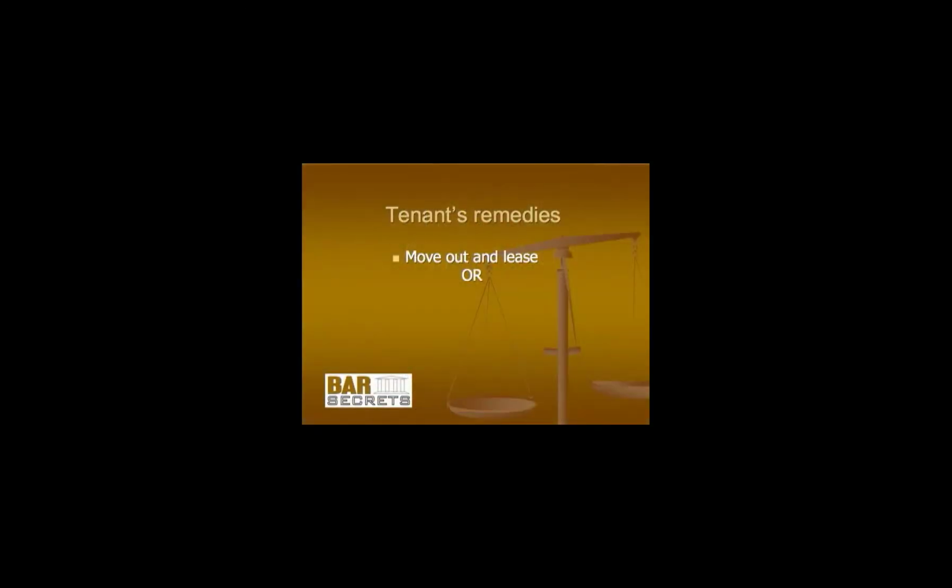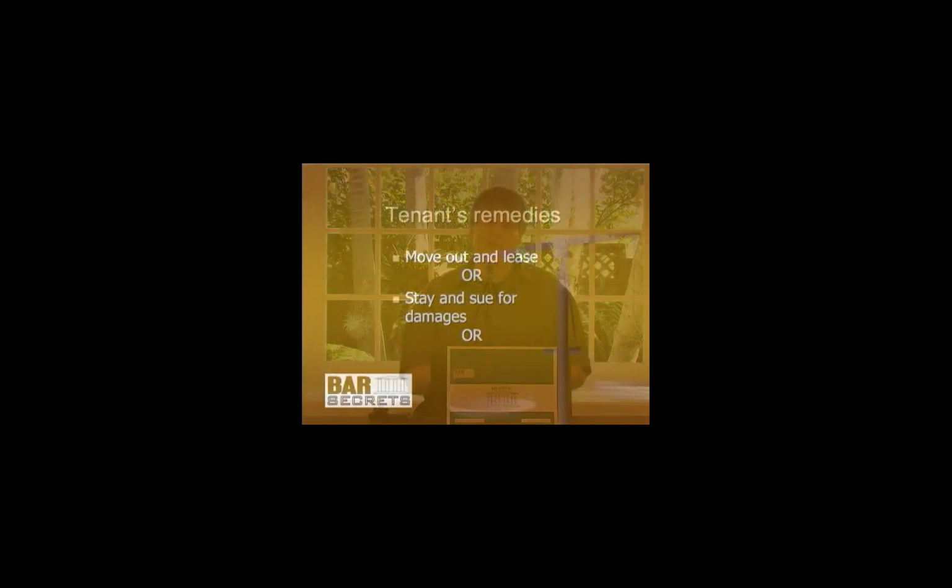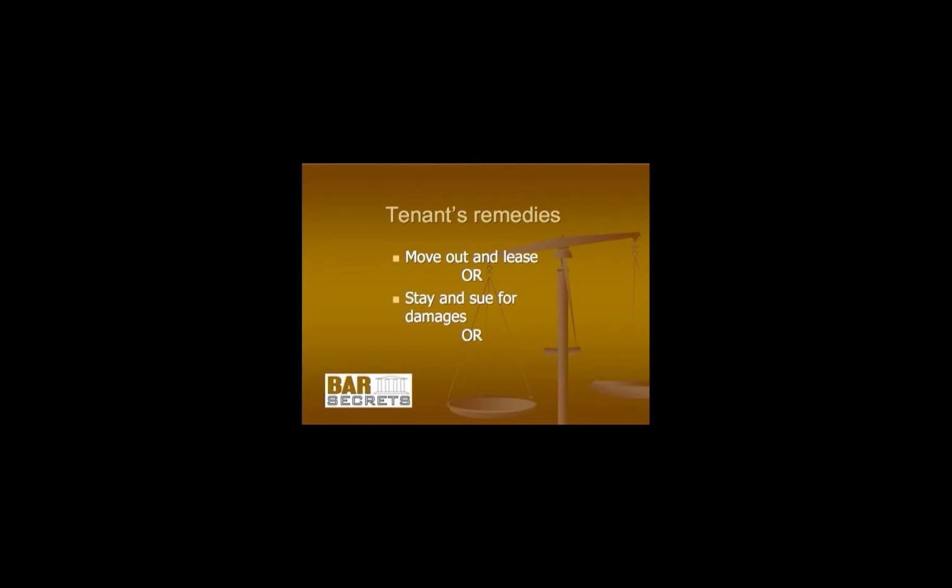Now, if this warranty is breached, then the tenant may move out under the previously discussed constructive eviction theory. As indicated, tenants on bar hypos rarely move out. So then, under this theory, warranty of habitability, they can actually stay and sue for damages. So if they stay, they're under this warranty. And they can also repair and deduct, assuming you've given the landlord some adequate notice.